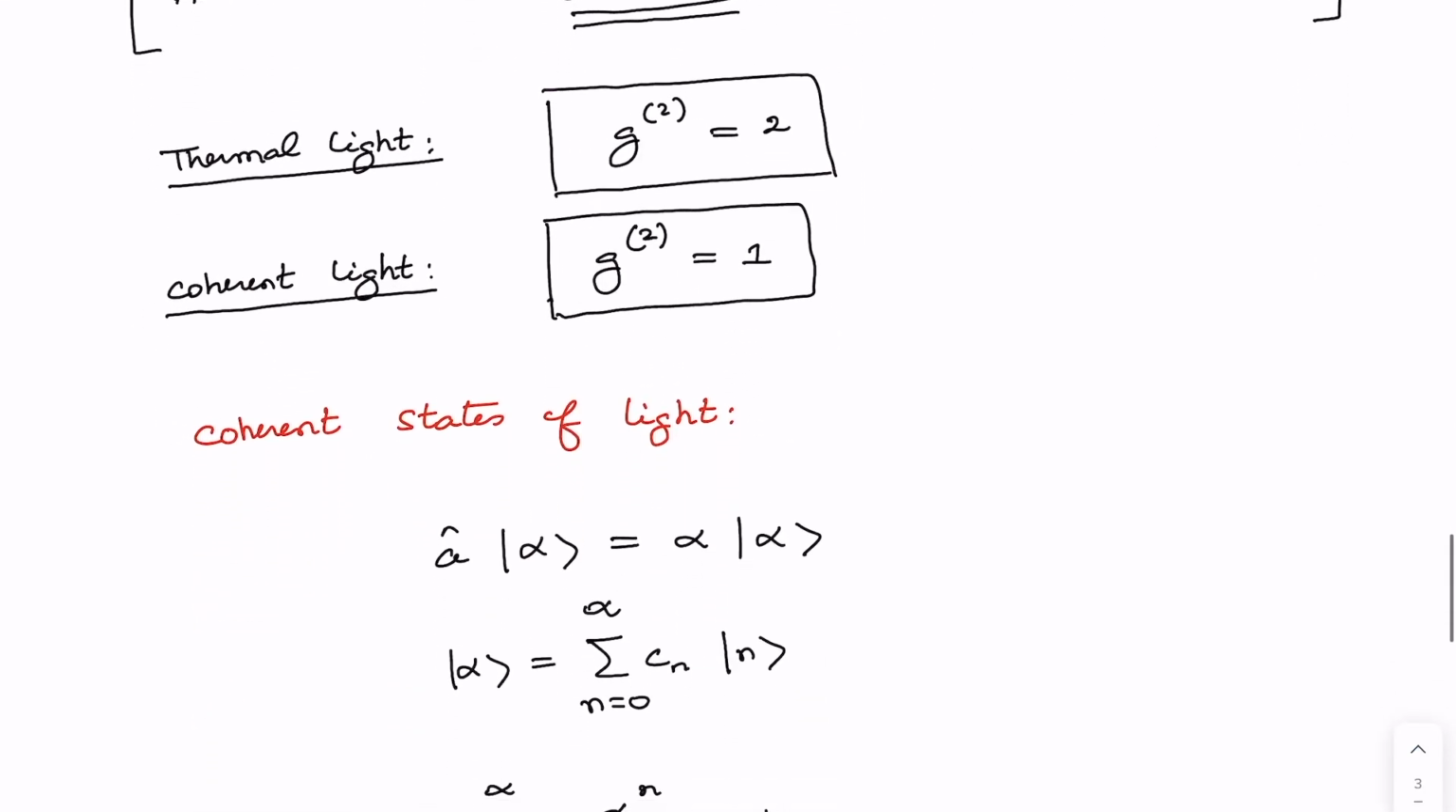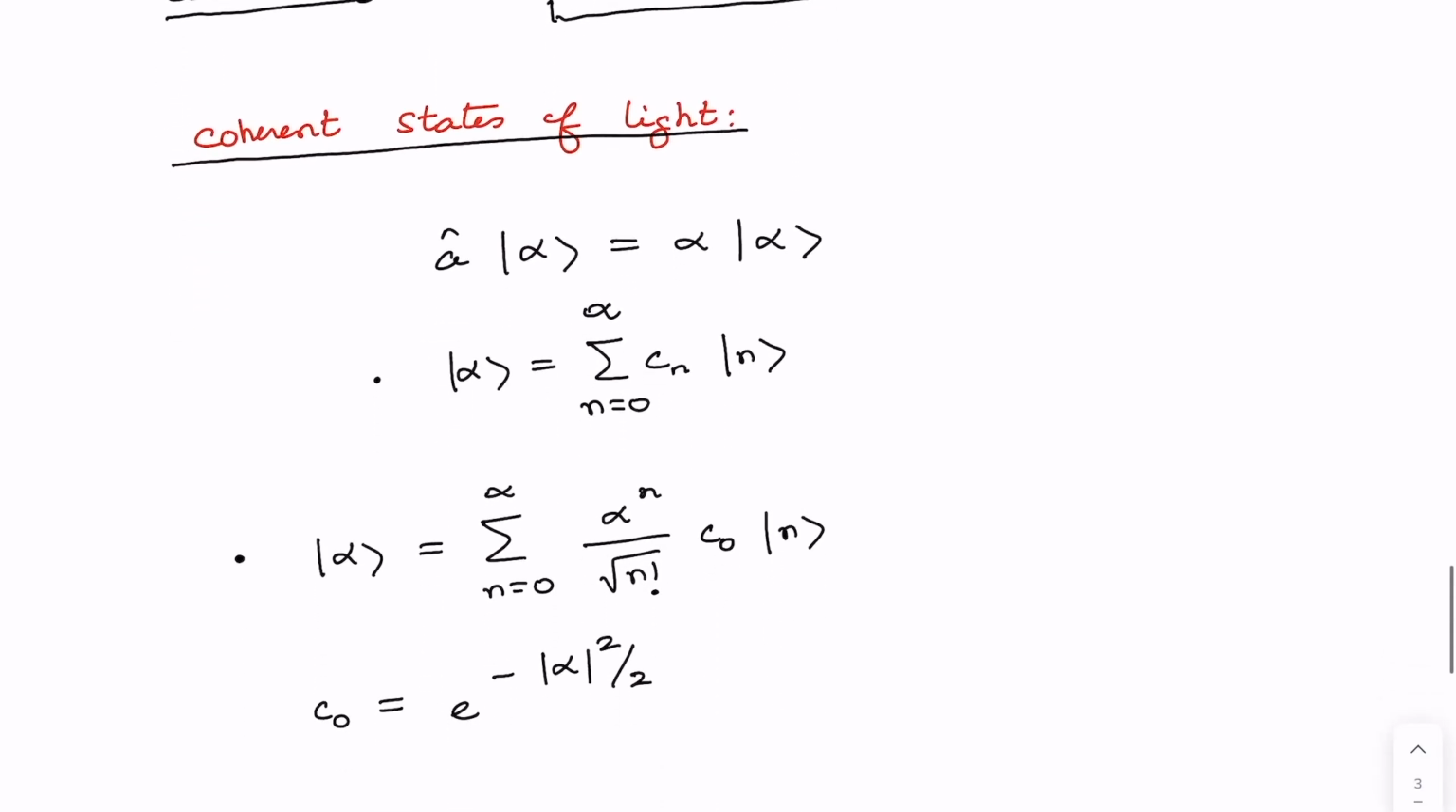And we went on to discuss the coherent states of light. The coherent state is the eigenstate of the so-called annihilation operator, and it can be written in terms of the number state, or the Fock state, or the photon number state, as a superposition of photon number states. Then we went on to calculate its form, and we found that the coherent states can be written in